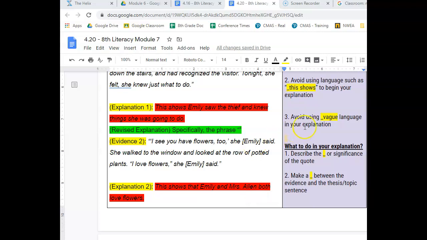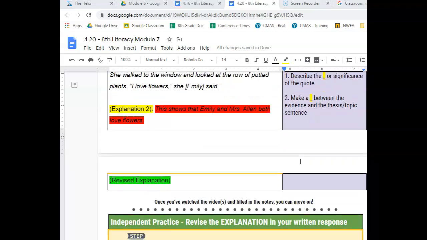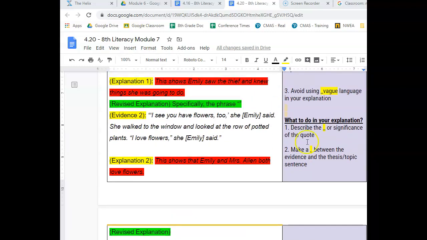Alright, so now that we know, based on our first video, what to avoid doing in our explanation, we've got to practice what it looks like to write a successful explanation. The first thing I want you to do is take a couple notes here as I'm typing and talking in this video. So the first thing, when you're writing a successful explanation, is you want to